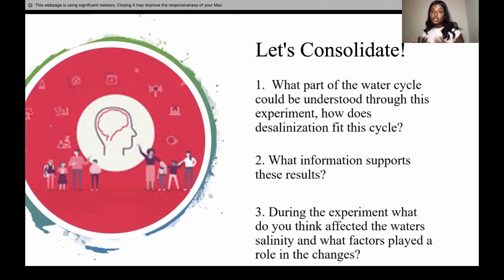And one thing I also want you to notice and learn from this experiment is that water is not released, or water is not expelled. The amount of water I put in is the amount of water I'm going to get out, because, again, water is recycled and reused. Just as long as you make sure that your seals were properly tightened at the edges, you should be good. That's how the water should be recycled.